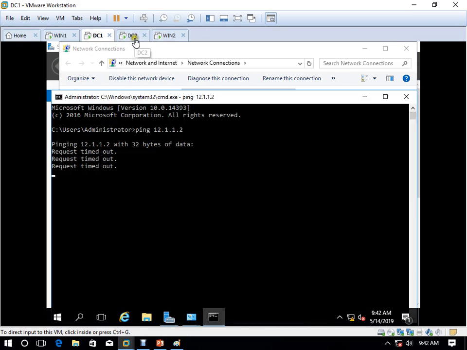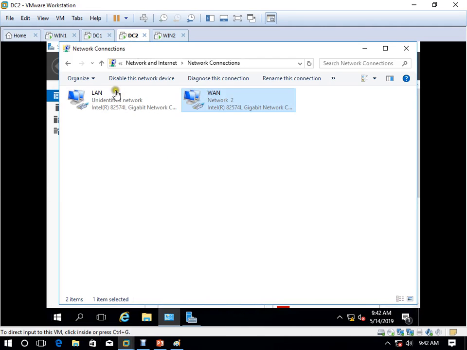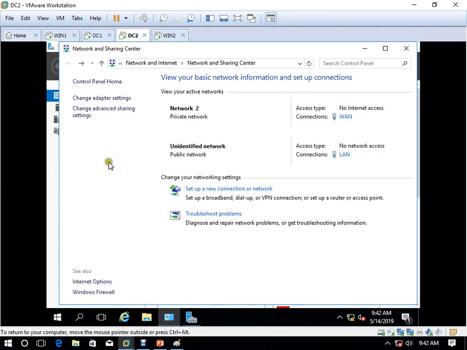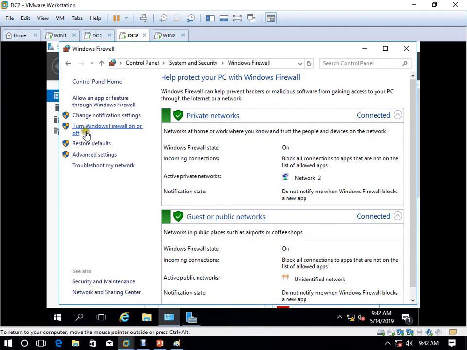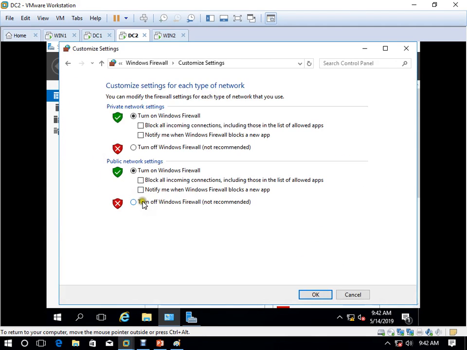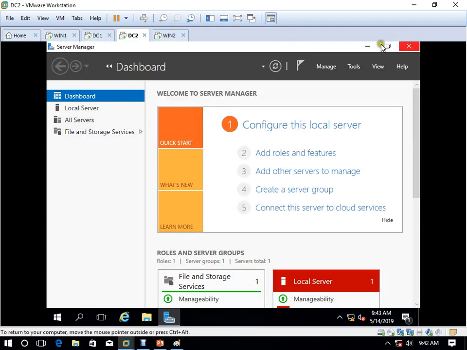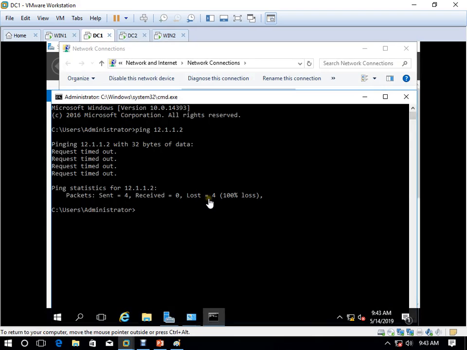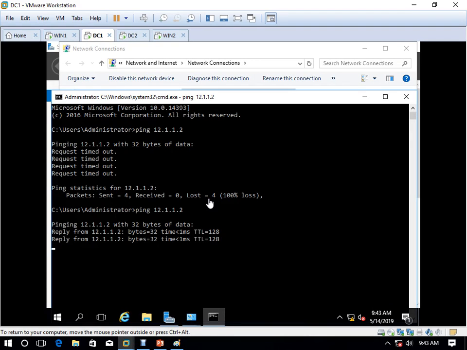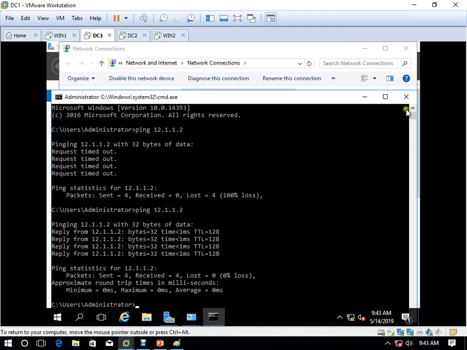If not, check the firewall or some setting. Firewall is on. Turn off the firewall. Okay, now come to DC1 and try again. Now you are communicating. So WAN is communicating. Fine.